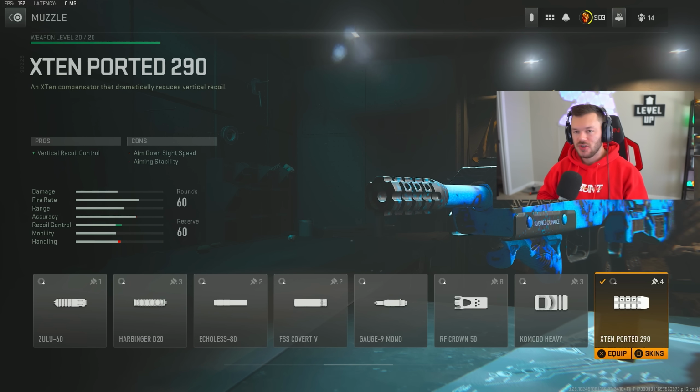For our next gun, we're taking a look at the FR Advancer. So this gun right here was super dominant in the previous update and is now more dominant in this update right now. So first attachment is the X10 ported 290 to help us out with that vertical recoil control,